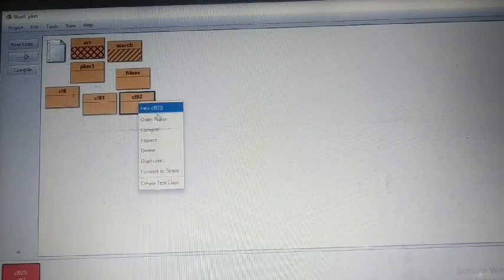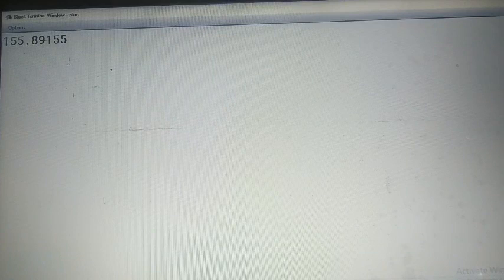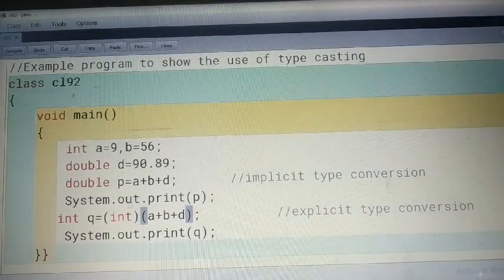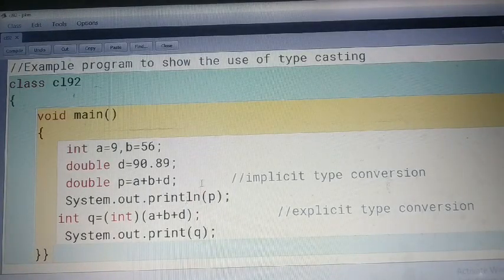See, this is the old result. I will show you a fresh result. Actually there are two results there. One is the first result, because the statement here is implicit also. So let's change the line to println. Now see the result. Compile, close.